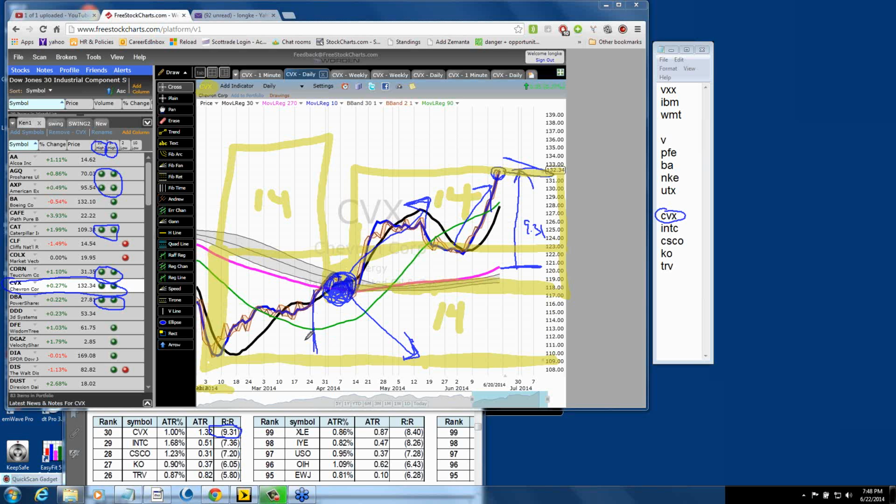And we have the ability to estimate these distances based on the last excursion. Notice how it moved up the same distance that it was below, and then it made a second leg up. So we're at the end of a second leg of Chevron on the upside, and it's at 9 ATRs above the 270. Can it keep going? It certainly can. No reason to believe it can't. But on the other hand,